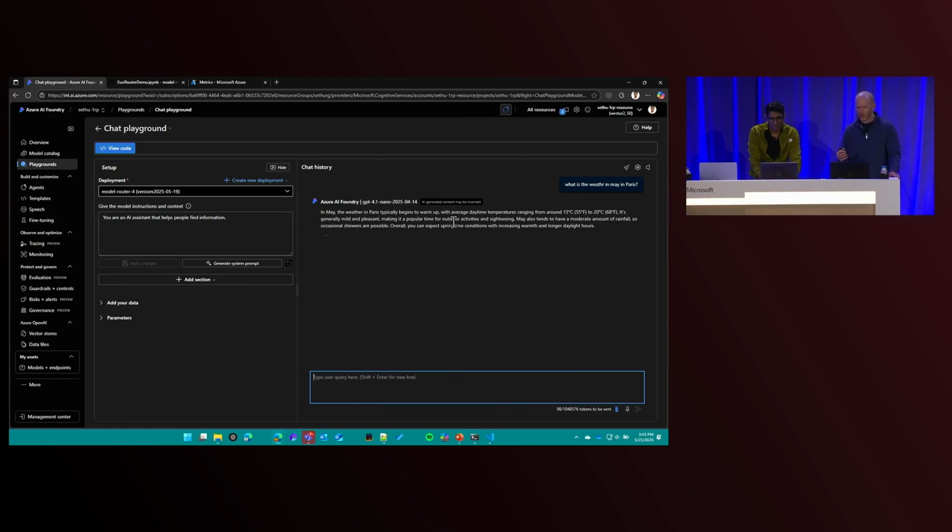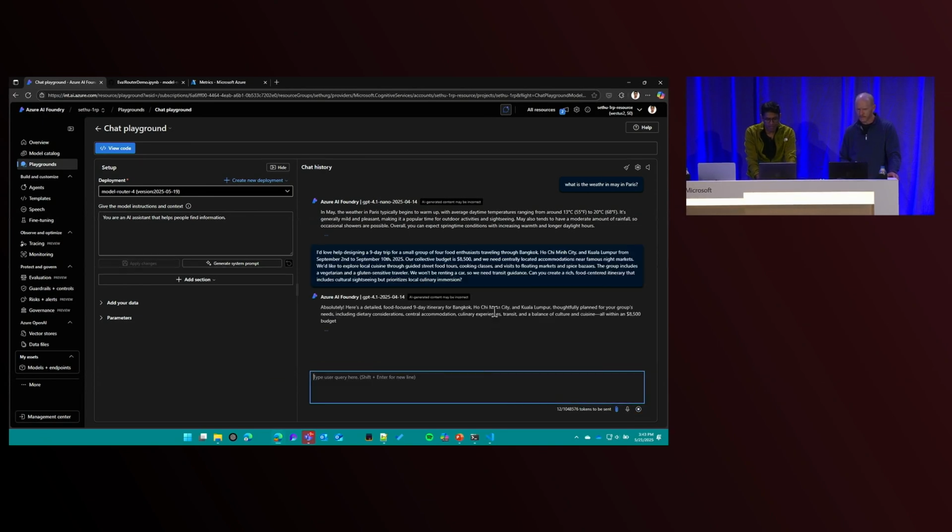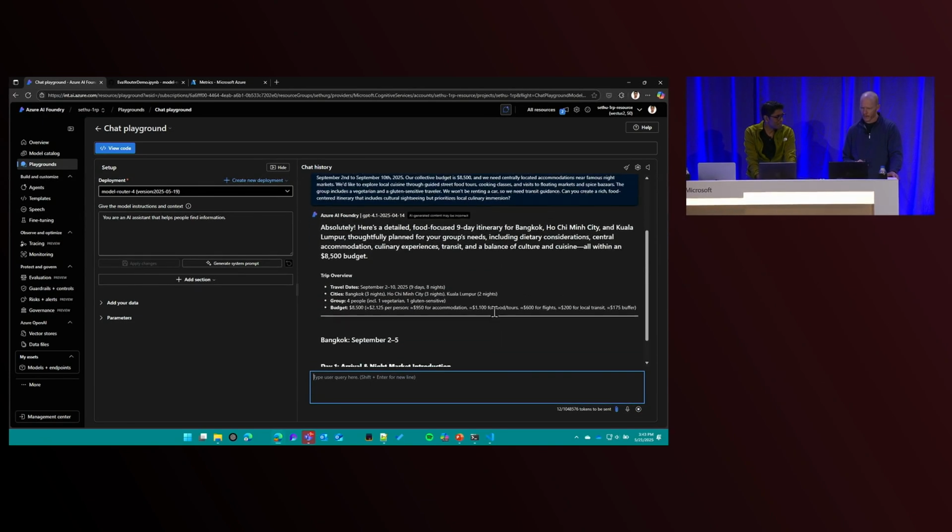So simple response, but which model was used to respond to this? This went to Nano. OK, that's the cheapest option. I would expect that. Makes a lot of sense. What if you put something more complex in? Yeah, I have a more complex query that requires some planning. So I'm asking for a 9-day trip with a specific budget and specific itinerary.